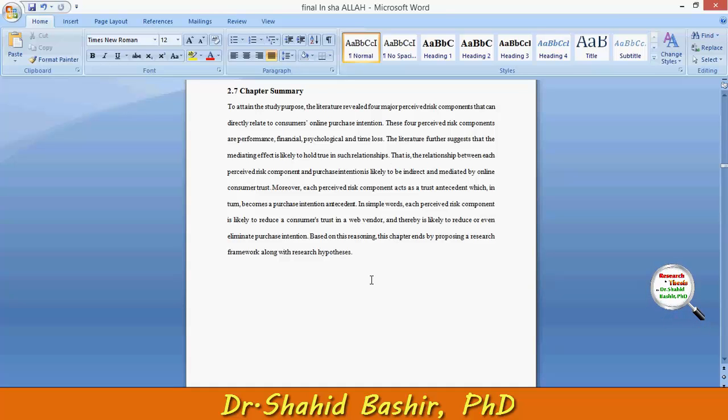Now, the thing is that you don't know up till now. So this is just a conception right now. You don't know whether it's true or not. So what I write here is "likely to hold true." For example, somebody did research in India and found that such effects are likely to hold true, and you are conducting your research in Malaysia.